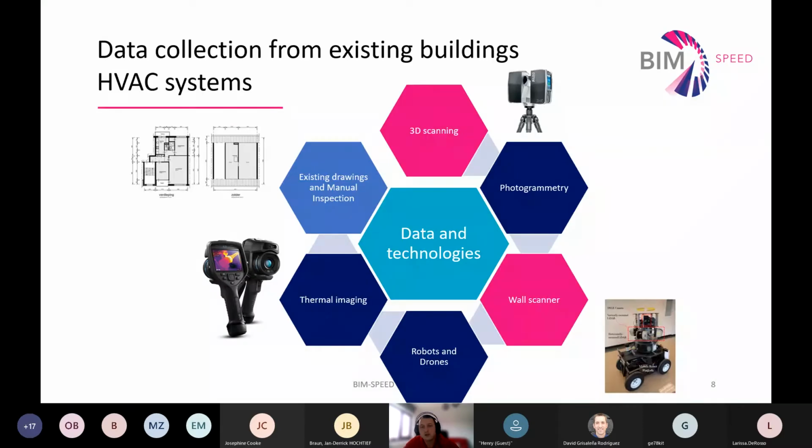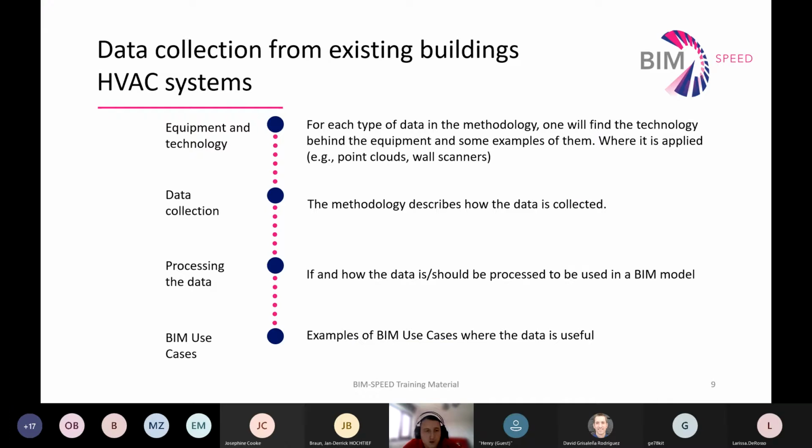So the data. Here are the technologies and methods that we presented in this guideline. So 3D scanning, photogrammetry, wall scanners, robots and drones, thermal imaging, existing drawings and manual inspections. All these methods have a more or less similar approach. We presented for each type of data, equipment and technology that can be used to acquire them, how to collect the data using those equipment or technology, how to process the data accordingly so that you will have